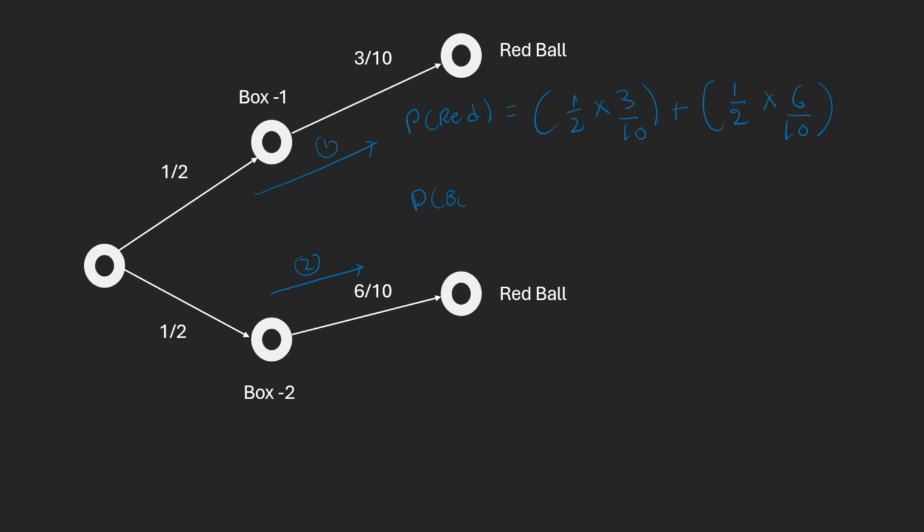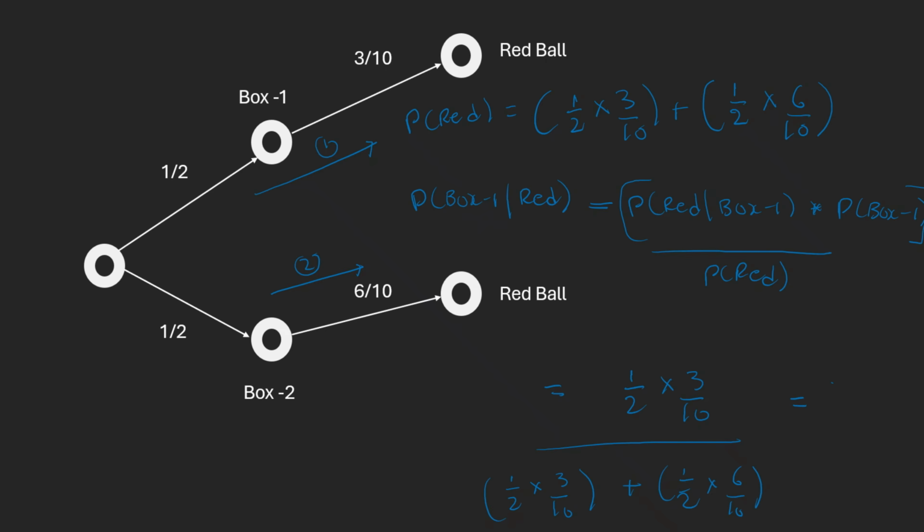But we need to calculate probability of box 1 given it is a red colored ball. By following the Bayes theorem formula, we can write it as probability of red colored ball when we are in box 1 multiplied by probability of box 1, divided by probability of red. As we can observe, the numerator part is nothing but path 1. So, when we substitute the values, 1 by 2 multiplied by 3 by 10, divided by 1 by 2 into 3 by 10 plus 1 by 2 into 6 by 10. So, when we calculate this, we will end up with 3 by 9, which is 1 by 3,